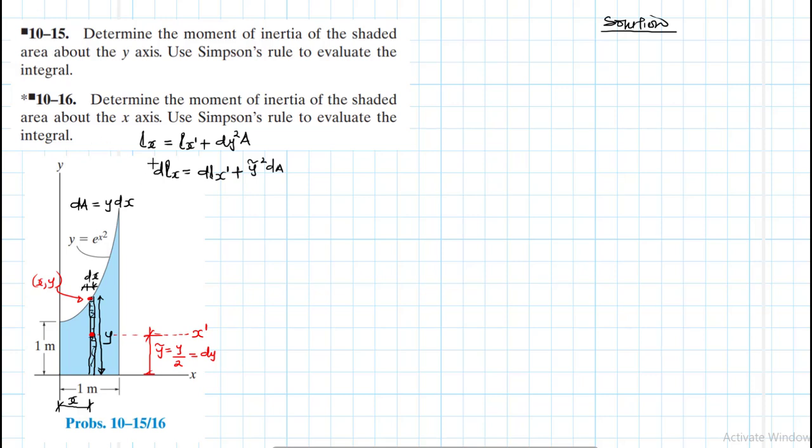So integrating on both sides, we'll have our Ix is going to be equal to... let me write it down. Our Ix is now going to be equal to, so this strip, remember we already know